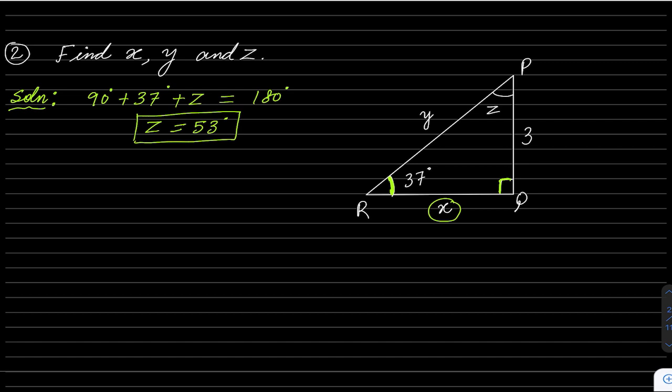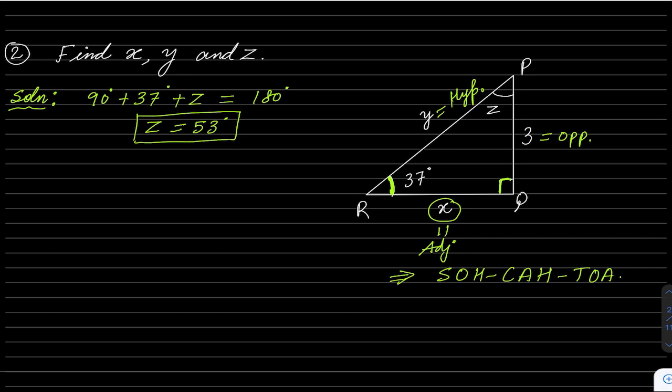For this angle 37, my side 3 is opposite. So I will first write this. And my x is basically the side adjacent and my y is the hypotenuse. So always label. Whenever you are trying a trigonometry question, always label what is opposite, what is adjacent, what is hypotenuse. Next, you can write SOHCAHTOA. It always helps. After some practice, you won't need to write this because you remember it by heart. If you are a beginner, then obviously it's better if you write this.